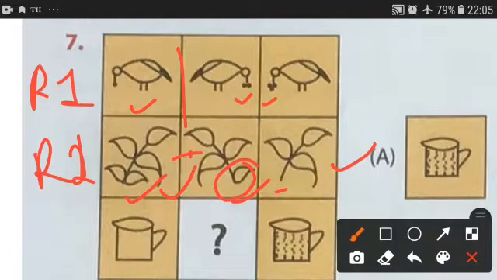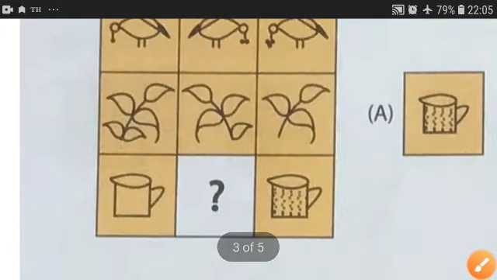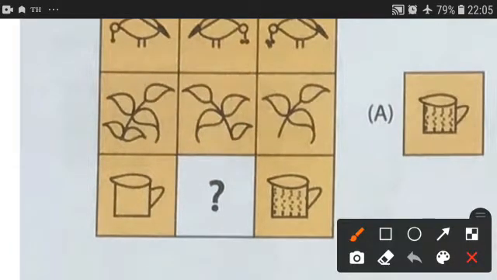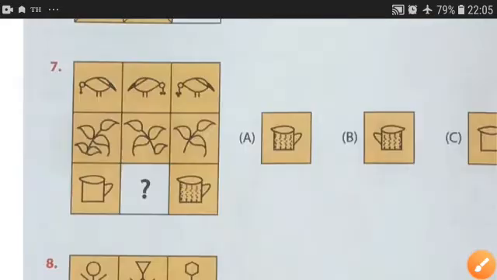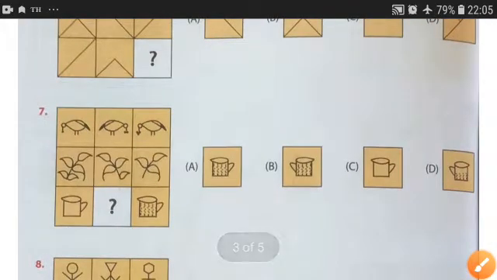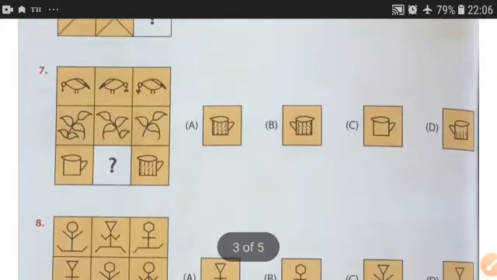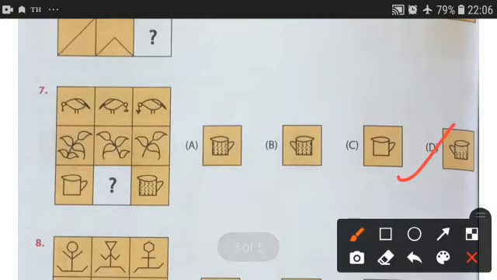In the same way, if you check, this is a cup, this cup will be filling and the mirror image will be there. Okay, so the diagram will be somewhat like this. Okay, and half cup will be filled. So the correct answer for this question will be option D. This will be the correct answer.